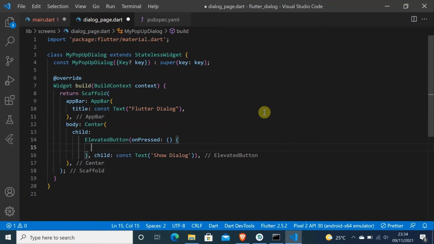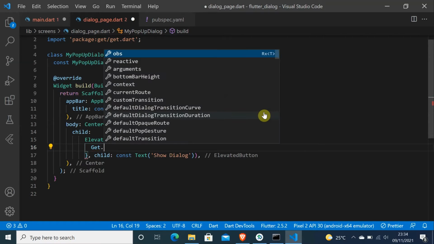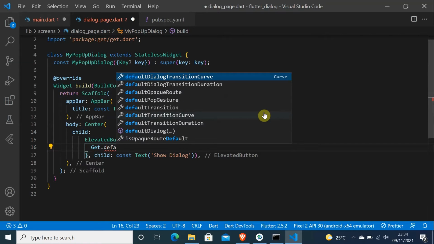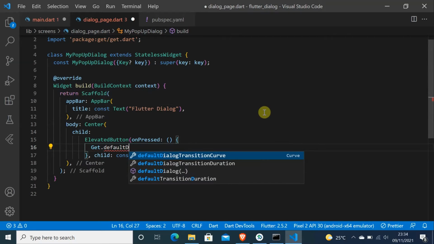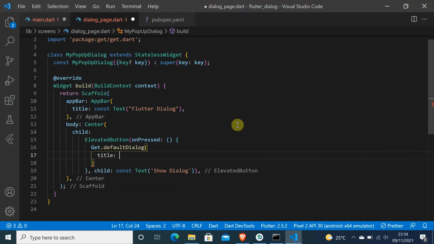Let me show you how easy it is to do it with Getx. Get, then dot defaultDialog, this one, defaultDialog, and in the defaultDialog we do title. Let me do title. I am going to put something very simple, my pop-up dialog,